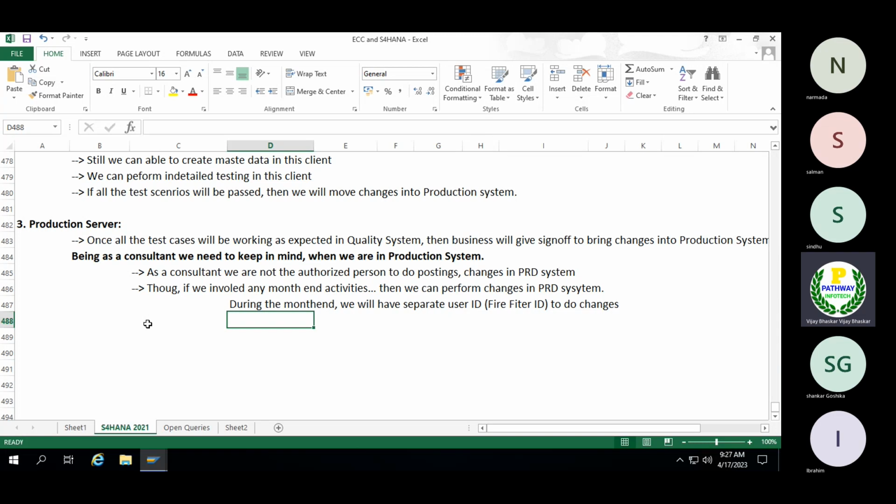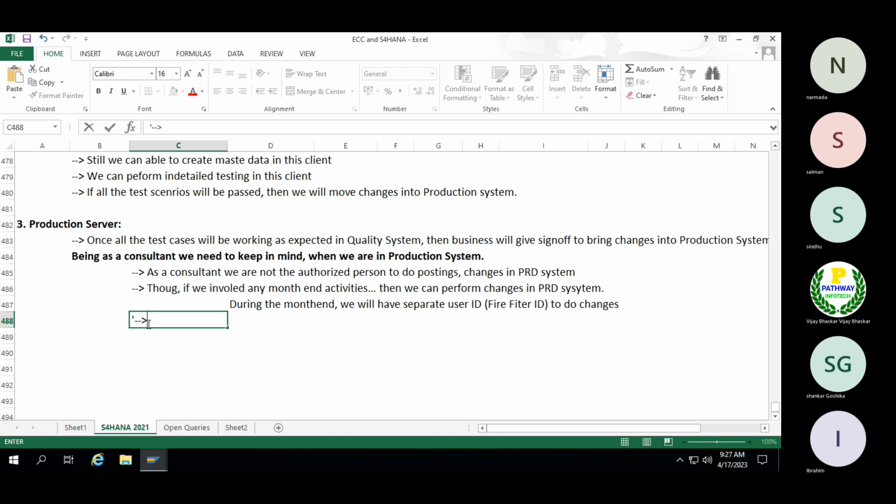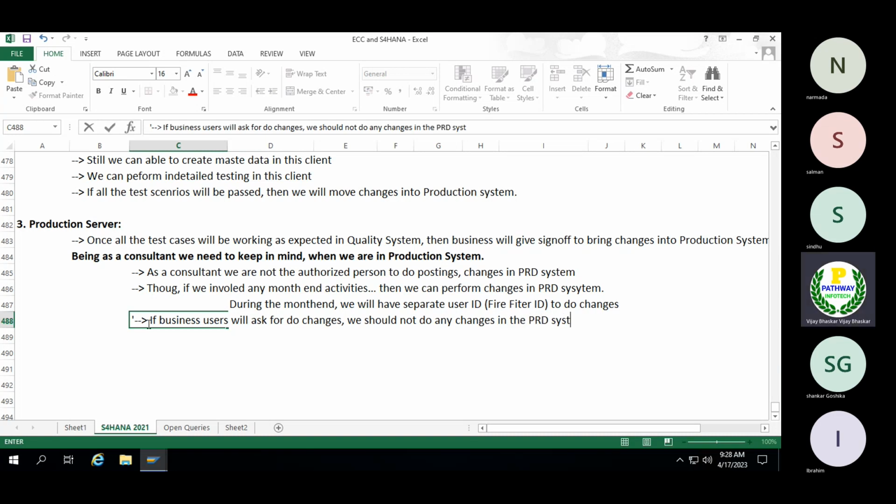Even then, if business users ask for changes, we should not do any changes in the production system.